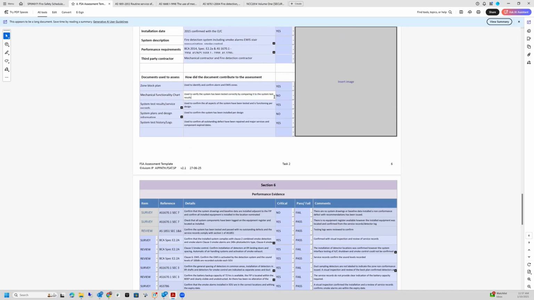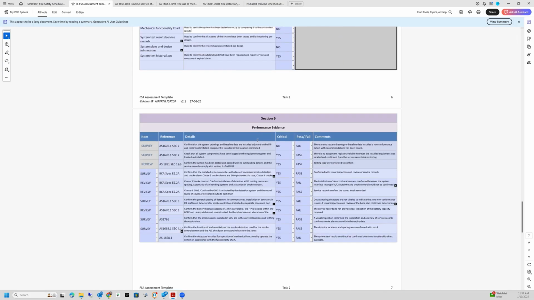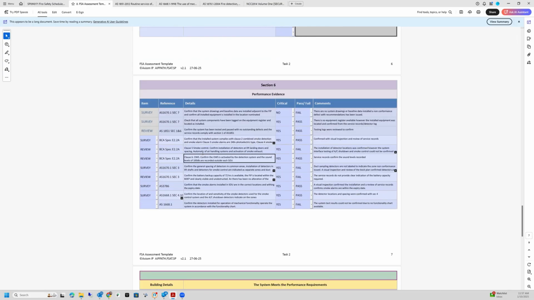I don't have that functionality chart, so how can I confirm that the system, in fact, functions? So I would need a functionality chart of some kind to actually confirm that the smoke control system was operating in accordance with